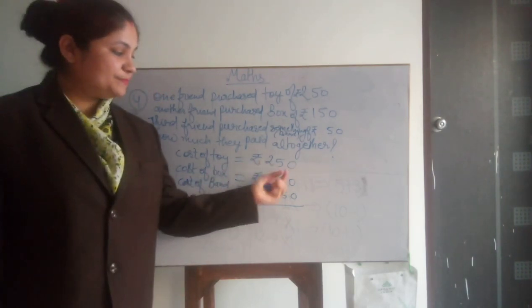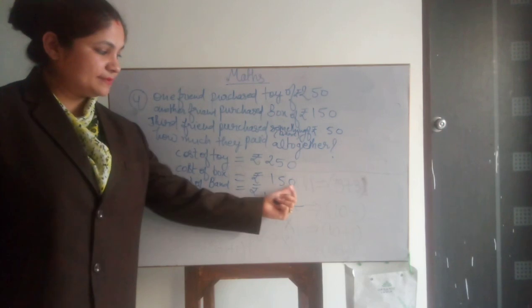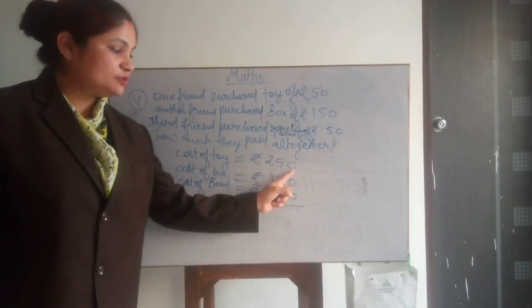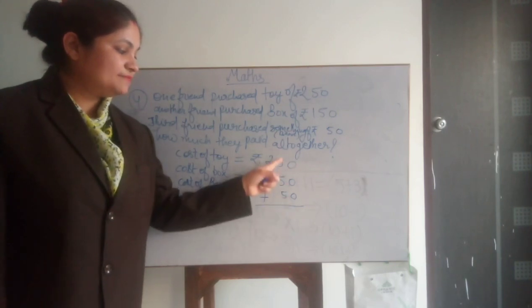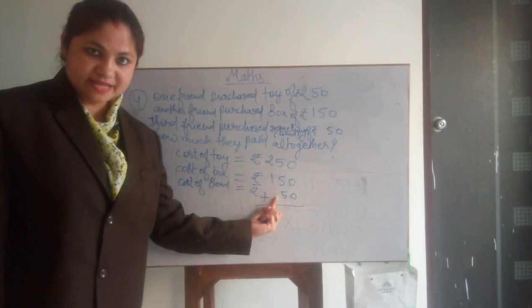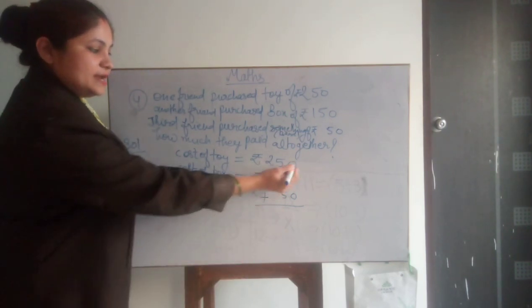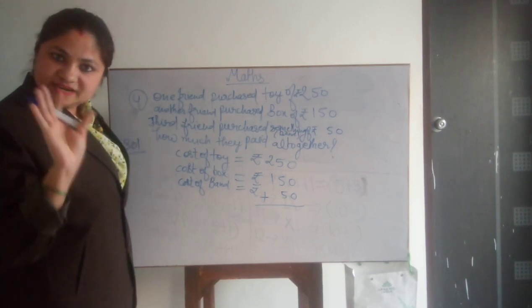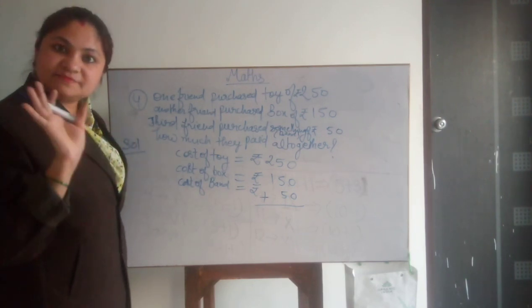Now see here, 250 is a 3-digit number, so we have written 150 right below it, but 50 is a 2-digit number, so in the same way 0 will come below the 0 and 5 will come below the 5, and nothing is there on the 100 place, so we will leave the place vacant. Okay, now addition: 0 plus 0 plus 0, even if we add 1000 times, the result will be 0.